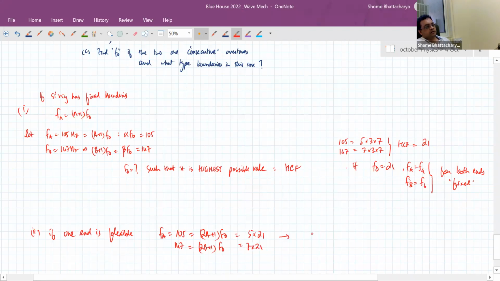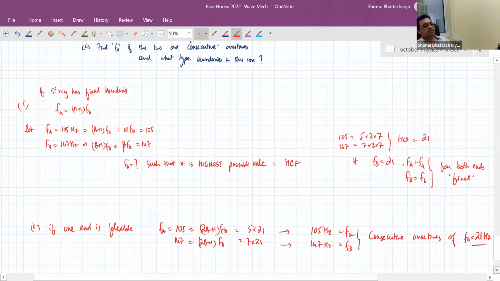So you can see that this would be the second overtone, and 147 would be the third overtone. So they would be consecutive overtones, of again 21 hertz fundamental, but this series is such that